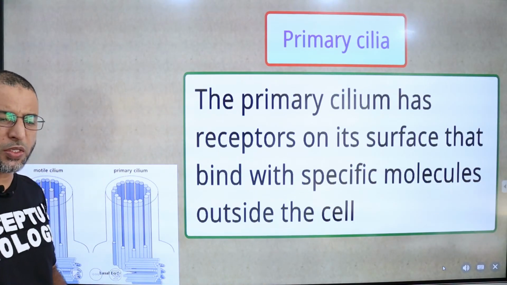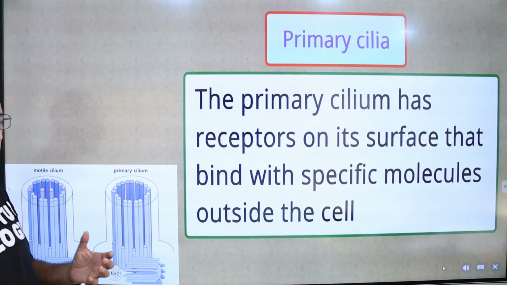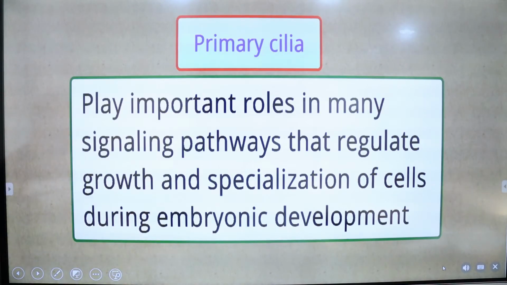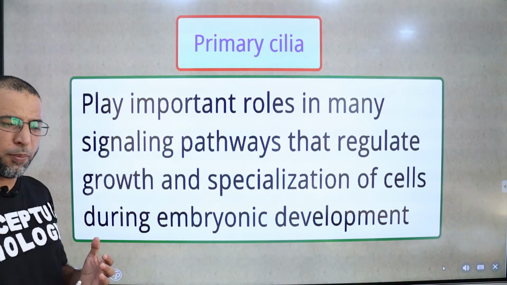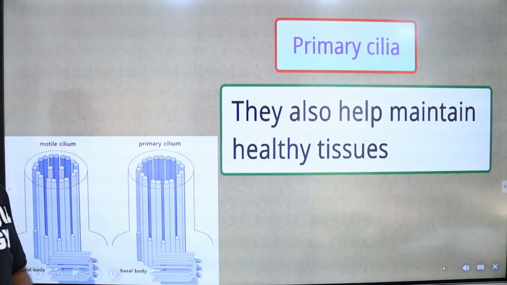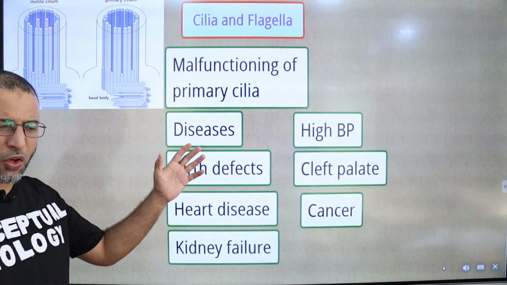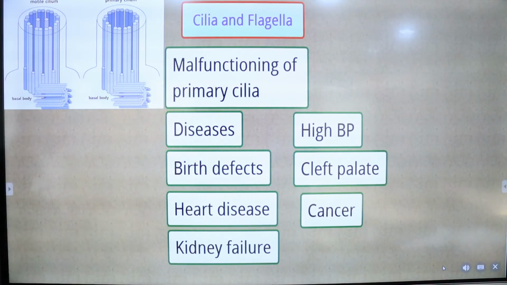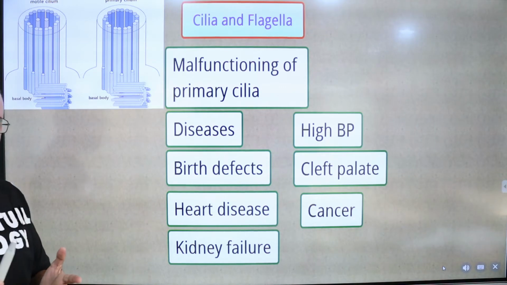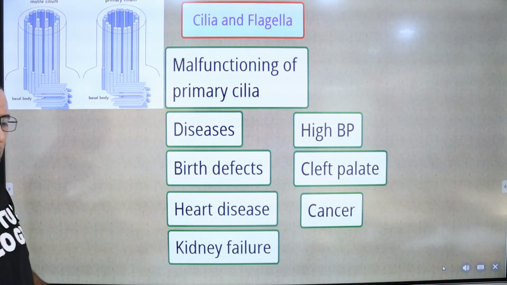Primary cilium has receptors on its surface that bind with specific molecules outside the cell. They play an important role in many signaling pathways that regulate the growth and specialization of cells during embryonic development. They also maintain healthy tissues. Malfunctioning of primary cilia results in diseases: high blood pressure, birth defects, cleft palate, heart disease, cancer, and kidney